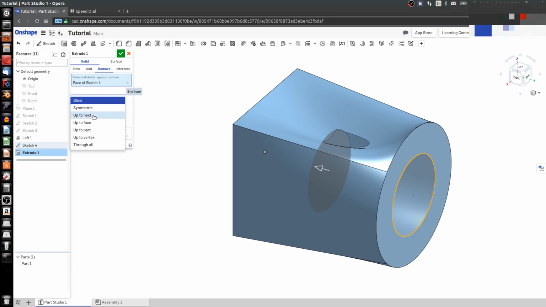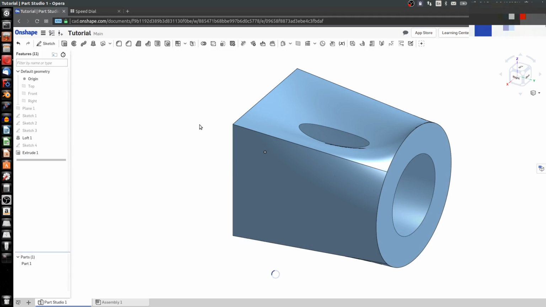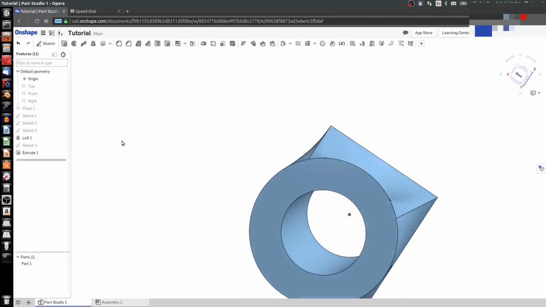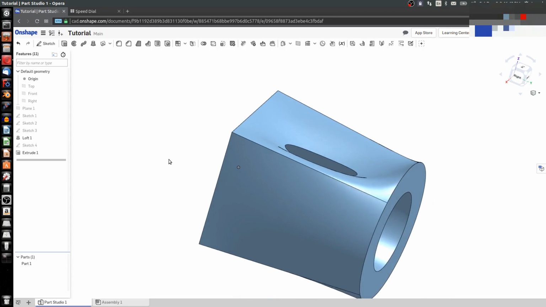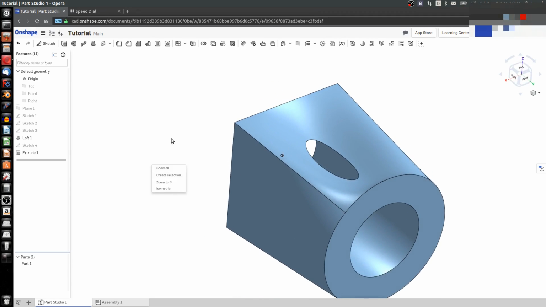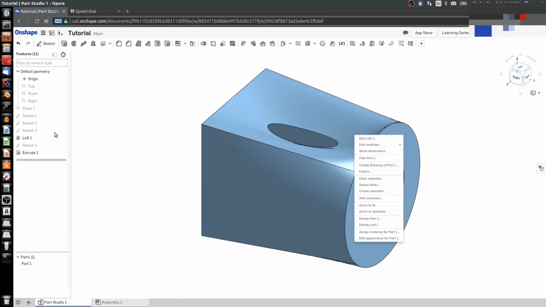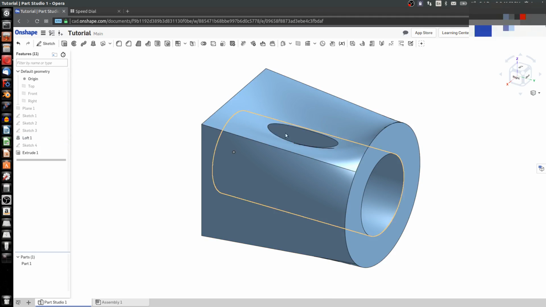And now you can see it gives me a preview as to what the removed material would look like. Instead of blind, I can simply say through all. And that will say no matter how long my part is, I will cut through the whole part. You'll probably immediately notice that I have cut a hole in my concaved surface. It comes down so far that it hits the hole that I made. So one thing that I can do